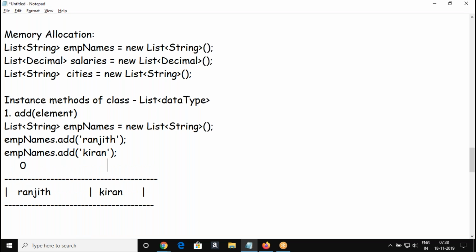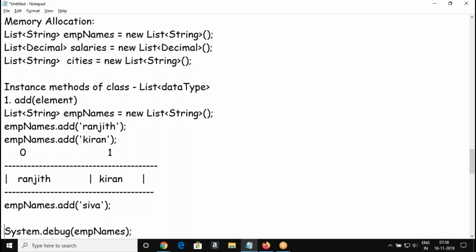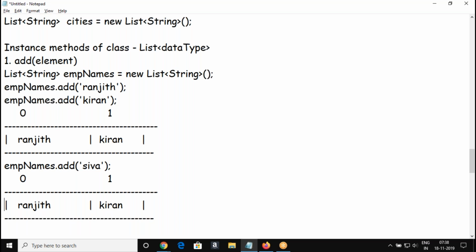The first element will be at index 0, the second at index 1. When you add further elements, whatever element I'm adding will take the last position. The element will be added at the end, taking the index next to the last index, index 2.